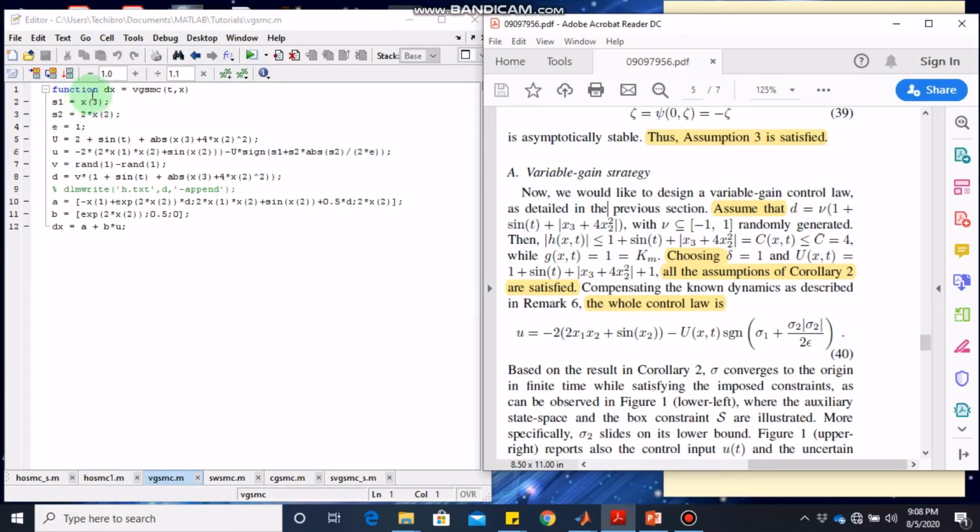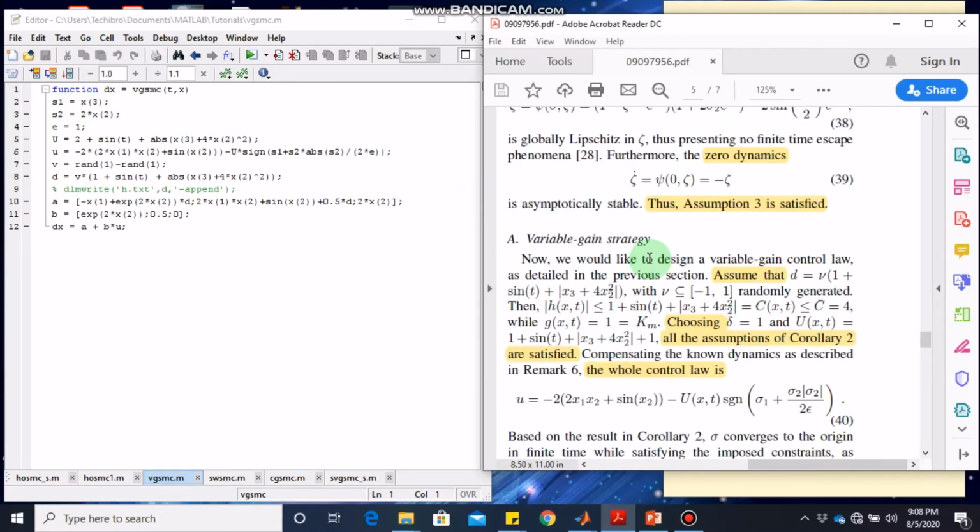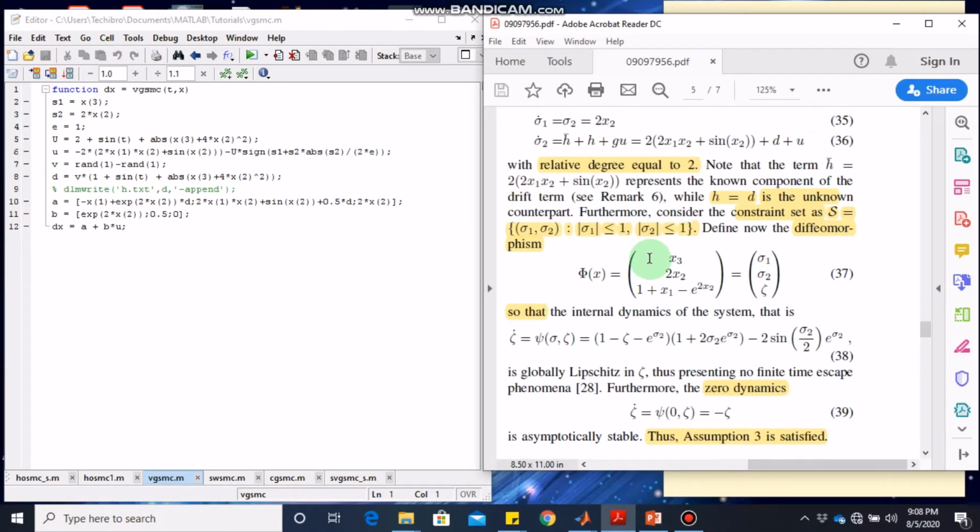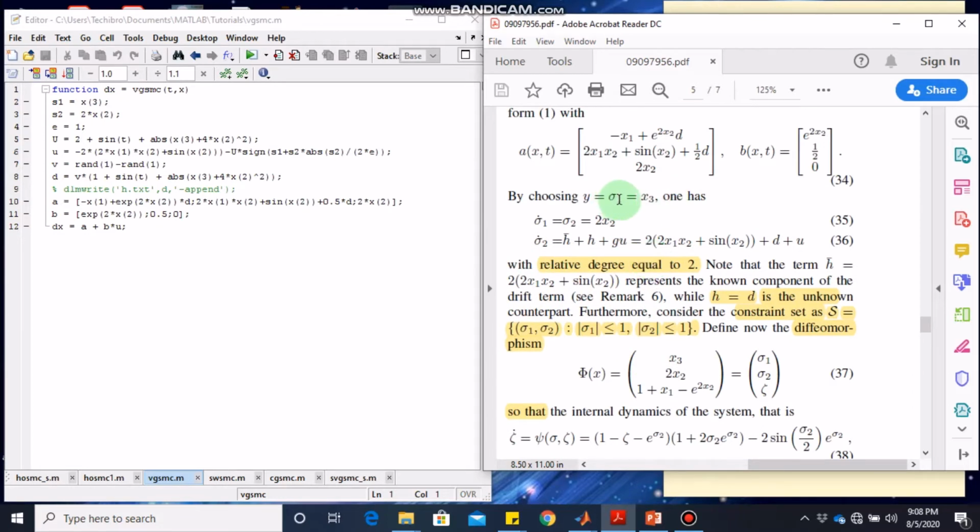You already know from my previous videos that in order to implement the control, you have to define the function in Matlab and later on call it using ODE 45. So we define the function dx equal to variable gain sliding mode control VGSMC, and in this function we have sliding surface 1 equal to x3, which is basically this equation. You can see here in this paper sliding surface 1 is x3, then sliding surface 2 is 2 times x2,